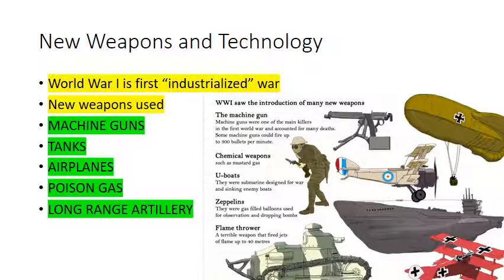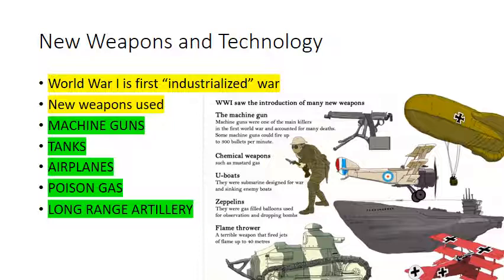New weapons and technology. World War I is the first industrialized war. We talked a lot about industrialization. Weapons are going to be manufactured on a mass scale. New weapons, such as the machine gun, tanks, airplanes, poison gas, and long-range artillery, as well as U-boats,